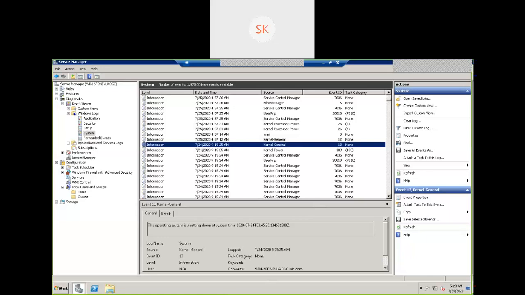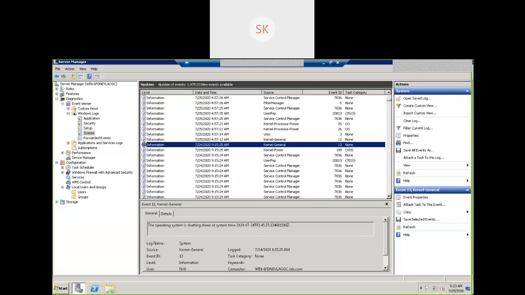Blue screen in the sense the system goes into a hung state, wherein it creates a blue screen on the monitor. If you connect to the console, it shows as a blue screen. It means the operating system had an unexpected reboot due to some malfunction. The malfunction could be driver related or software related, anything. Due to the malfunction, the server is unable to cope with that action and goes to the blue screen error. We call it a blue screen error.